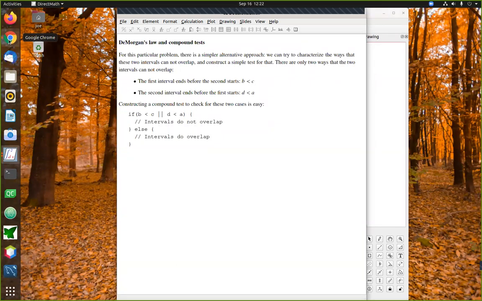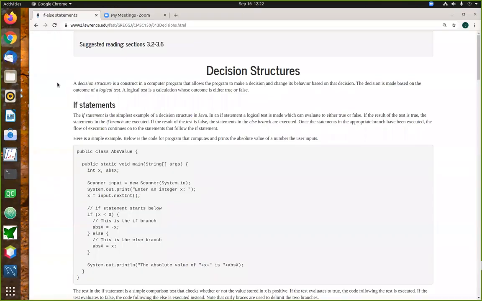The last thing I want to leave you with is in the lecture notes for today's lecture, I also have some suggested reading. These are the sections in chapter 3 that cover the basics of the if-else statement. And my main request to you is that you try to get this reading done by lab time next week. Those of you who are in the Tuesday lab, you'll need to make sure that you read these sections before Tuesday. And those of you who are in the Thursday lab will need to make sure that you read these sections before class on Thursday.